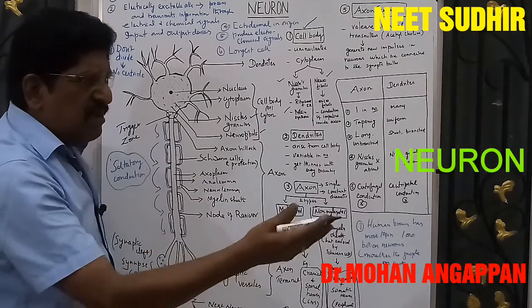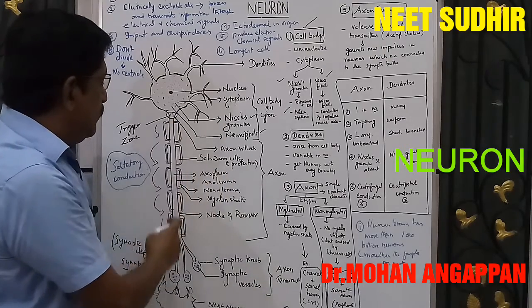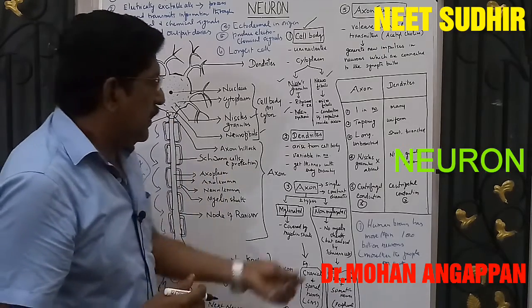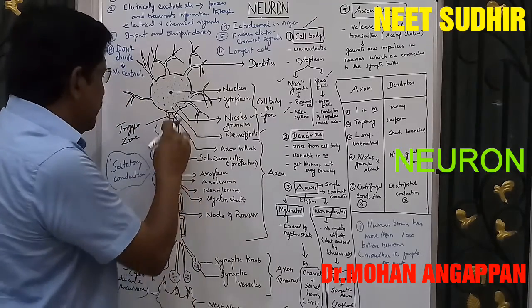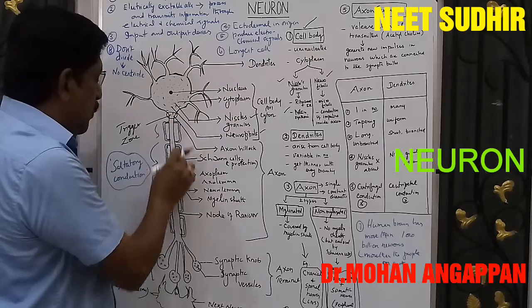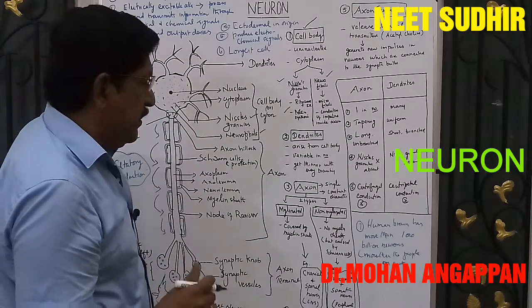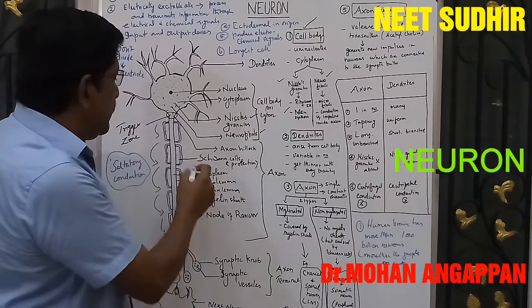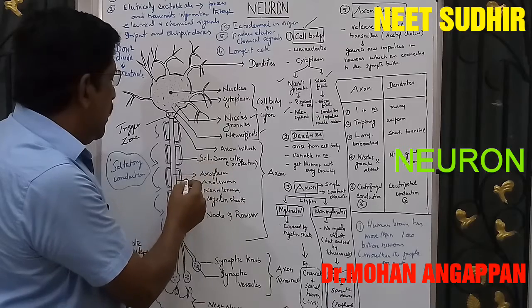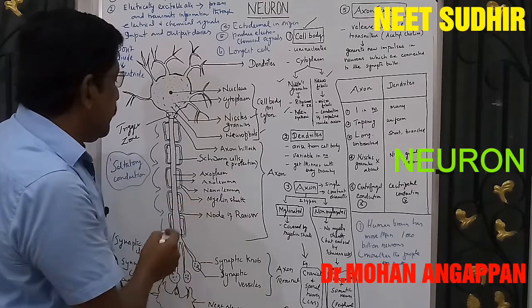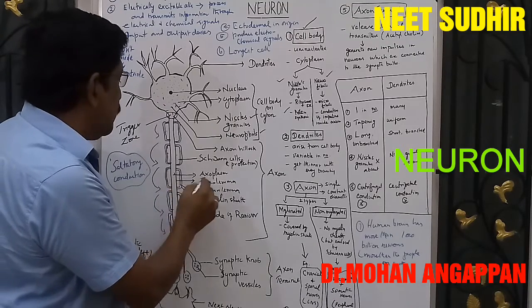Then coming to the axon. The axon is a single unit having a constant diameter. So it's a single, long unit with a constant diameter, right? You can see the parts of the axon: Schwann cells, the outer myelin sheath, the axoplasm inside the axon, the outer layer